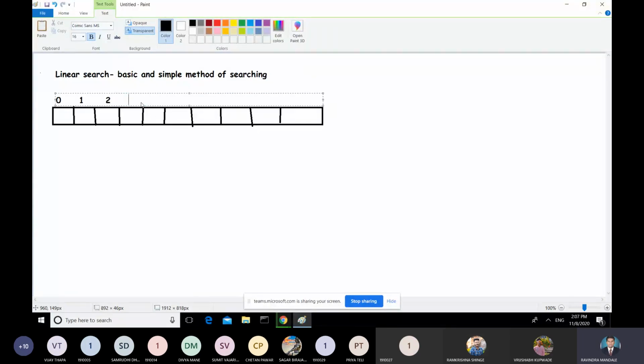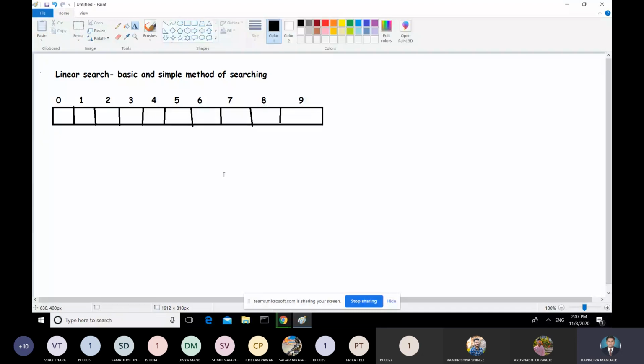Yes, sir. Now consider there is an array of 10 elements. We have discussed linear searching most of the time before studying binary search tree, and also discussed this in brief. Consider these are the elements.